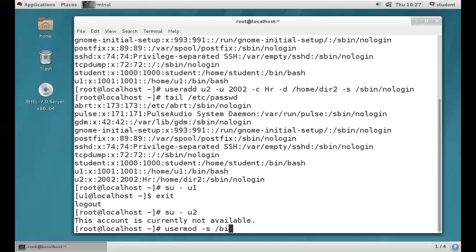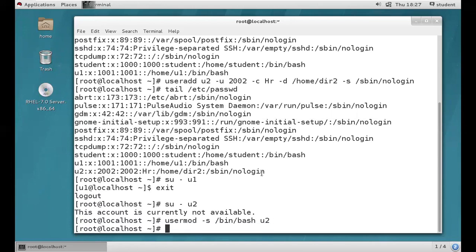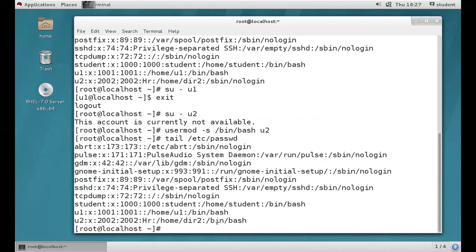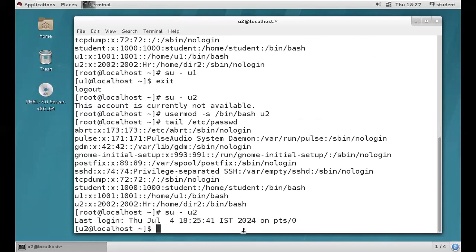We are providing /bin/bash, then to whom? u2. So let's check tail /etc/passwd. See guys, it became /bin/bash. So try to log in with u2. We can now. I hope you're clear, guys. Yes, no. So that is how we change the shell environment for an existing user.